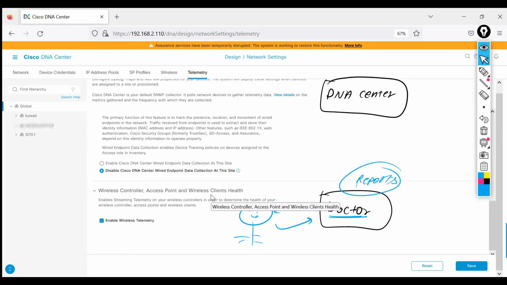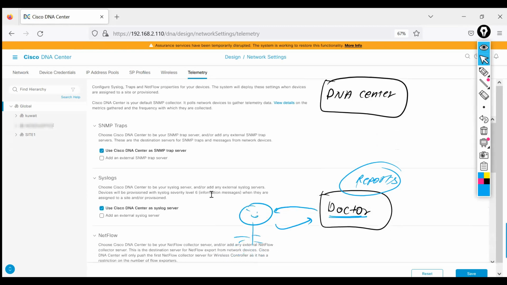So the DNA Center will ask for all the information from the device, and then it will build a report in a good way. In a good way means you can easily understand it. If the raw data is given to you, you would not be able to understand it correctly. So DNA Center will collect the information and provide you a report. So basically, if you configure telemetry and you go here,